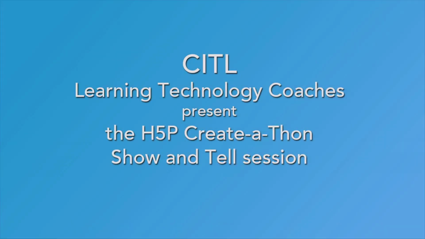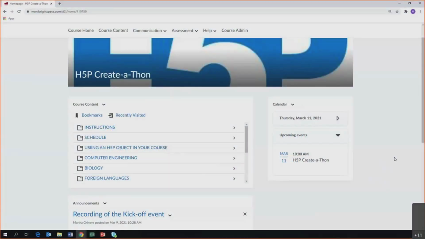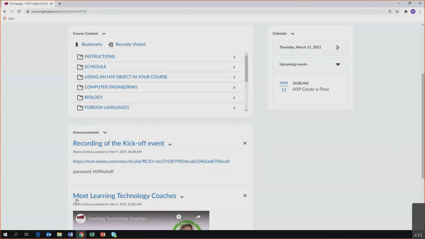So I'm going to share, I am sharing my screen with you right now. Again, if you have not attended the kickoff event, and even if you have, this is the Brightspace course site, the H5P Create-a-thon Brightspace course site. That's the thing that I'm demonstrating right now, where first of all you can find the recording of the kickoff